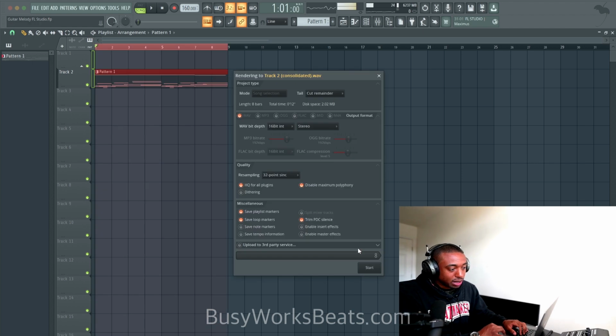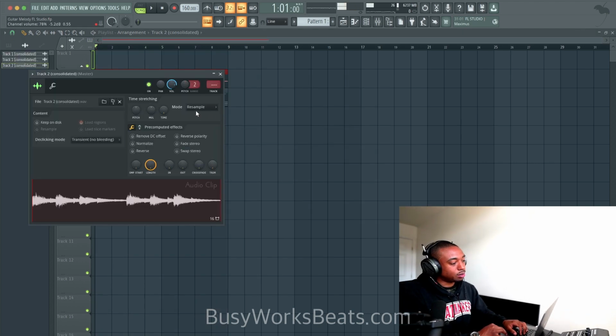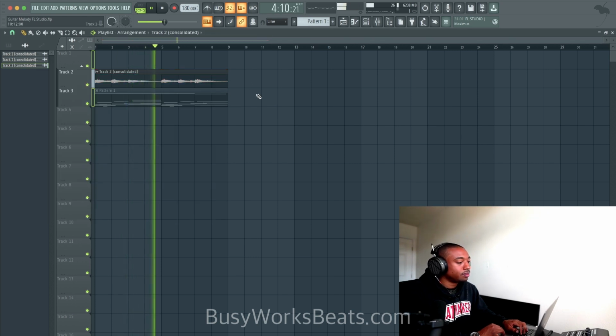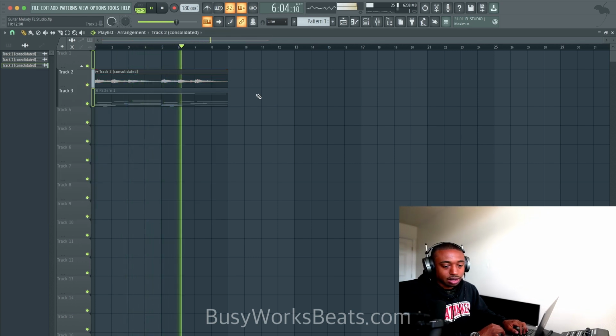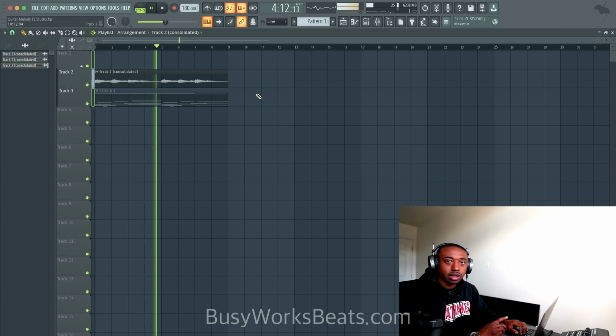And we're going to cut remainder and no effects. Now I can do a bunch of stuff. There's too many things to name, but let's just double click, go to mode, stretch mode, and then switch it back to resample. I like to tell people to mess with the tempo at this point. Now you get that sped up Pink Panthers type sound. You can't get the sound in the plugin itself. And you're hearing the sample in a different key.